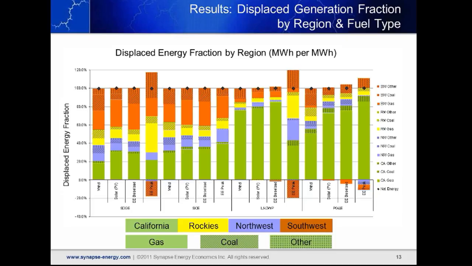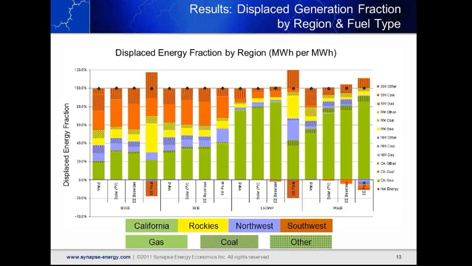Still sticking to that first bar, we can see that it has 3 different patterns on it. It has a blank pattern, a solid color, which represents gas. It has a striped pattern, which represents coal. And it has a dappled pattern, which represents other, which tends to be biomass or oil. And for the most part, the resources that are displaced outside of the state of California are a combination of gas and actually a fairly heavy component of coal, at least as shown by the results of this particular analysis. So the component of generation, which can even lead to displaced emissions within the state of California, is just that first 20%.